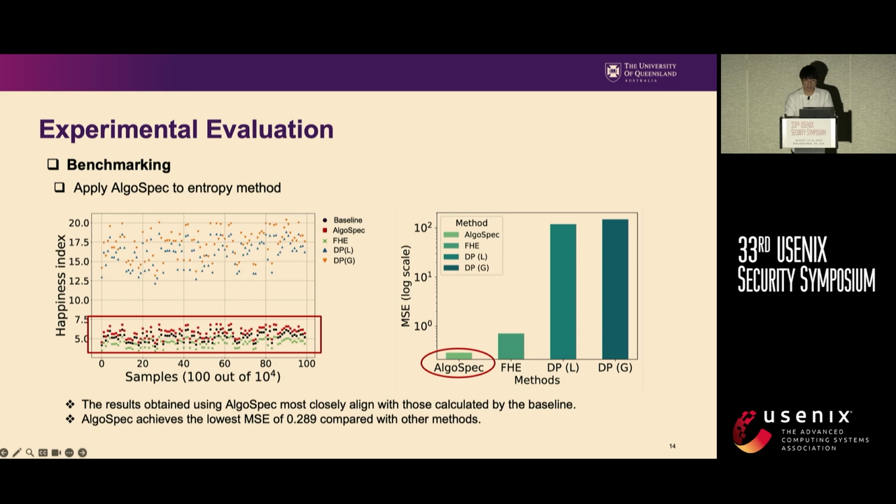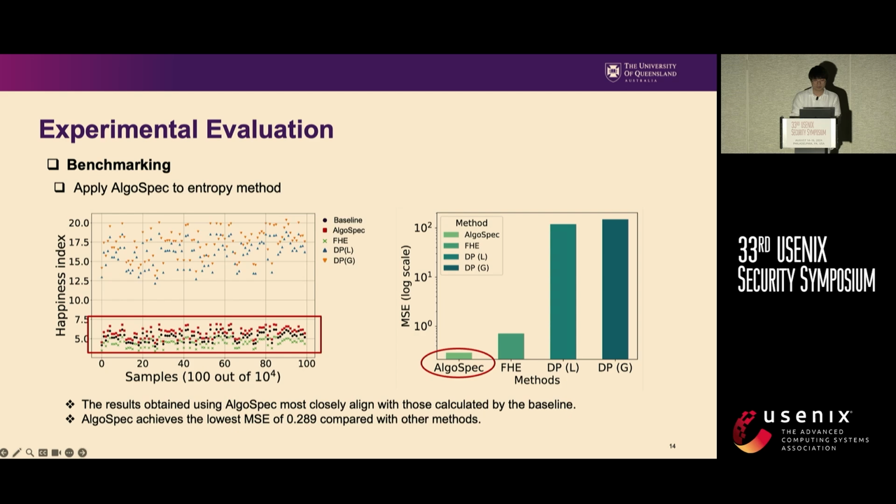And in the result, we can find the black dot representing the baseline performance, which is obtained by direct calculation without any obfuscation or privacy measures. The red square represents the performance of AlgoSpec. The evaluation shows that AlgoSpec's results most closely align with the baseline, outperforming FHE and DP. And for the right-hand side figure, we can see AlgoSpec achieves the lowest MSE. This figure shows that AlgoSpec can achieve extremely high accuracy while still maintaining the data security and enforcing the purpose